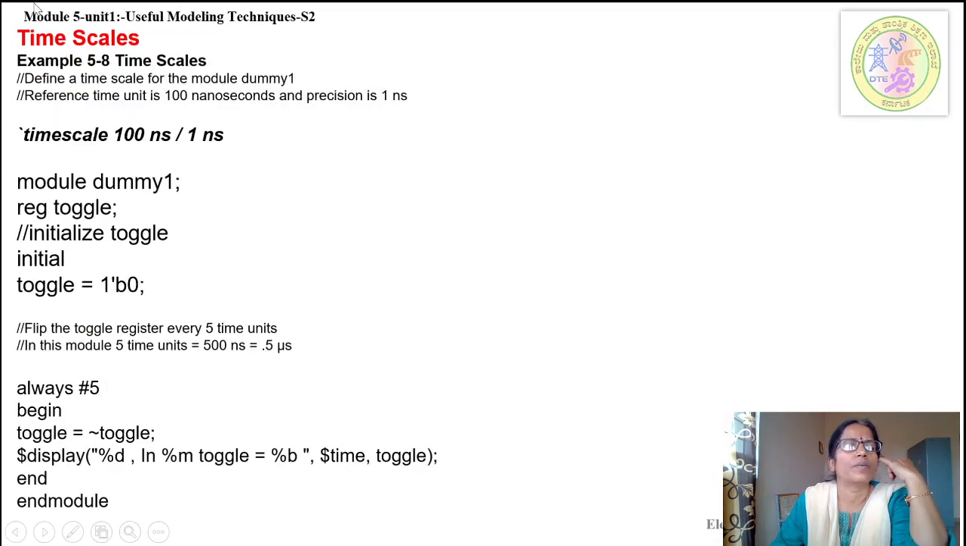In the first, we define a 100 nanosecond by 1 nanosecond time scale, that is, the reference time unit is 100 nanoseconds, and the precision time is 1 nanosecond. So 100 by nano is going to be 100 units of time here. In model dummy1, we are going to use a register toggle. Initialize toggle is equal to 1'b0, always at #5,